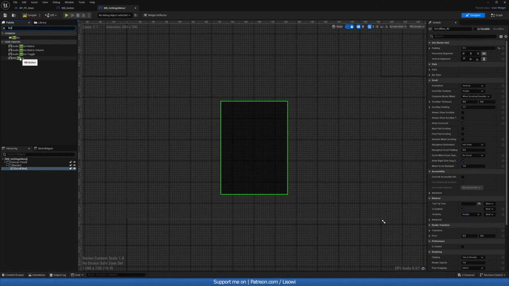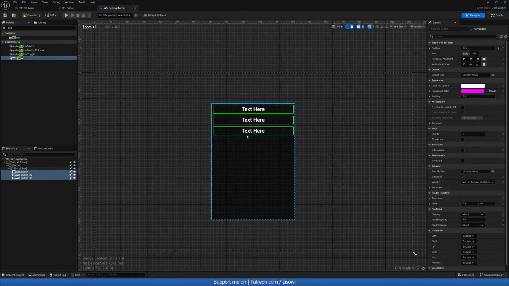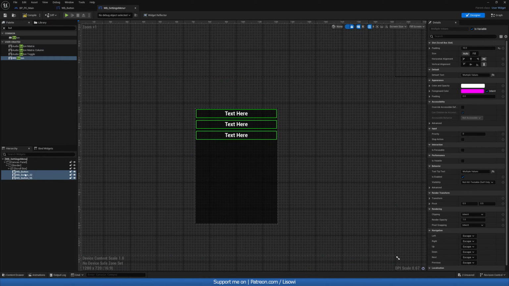So as many resolution buttons as you want. You can go ahead and add 3 for testing, like so, and click on all of them. And we can do padding 10 to space them out. And now we have the text here. And per button, we can actually change the text. So for example, we'd have our